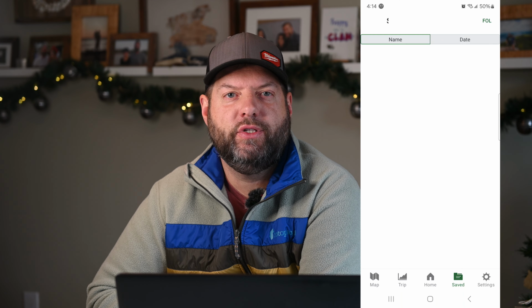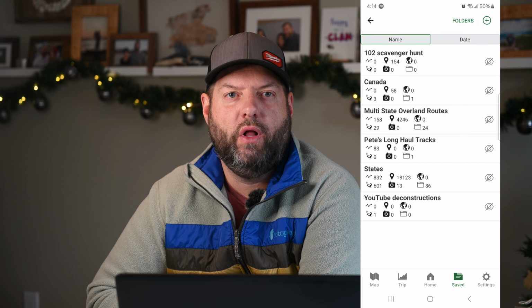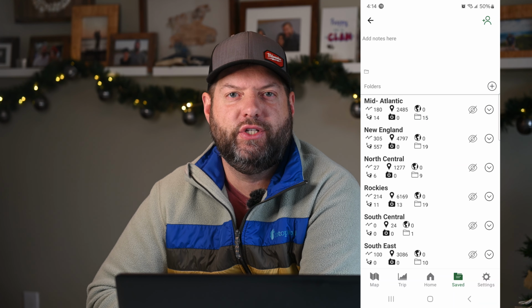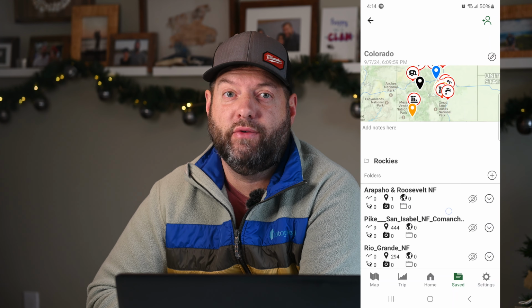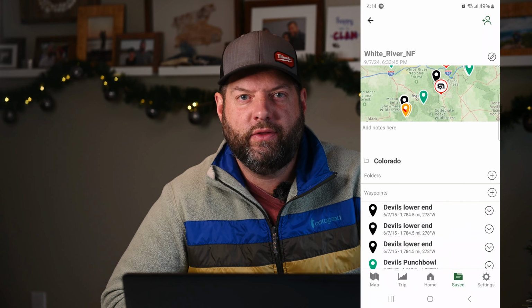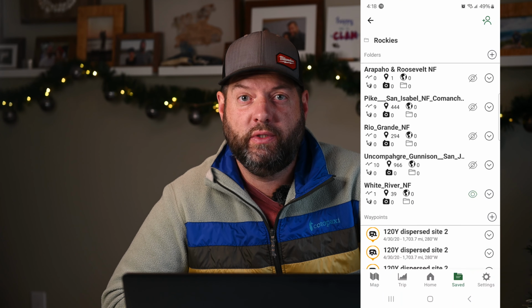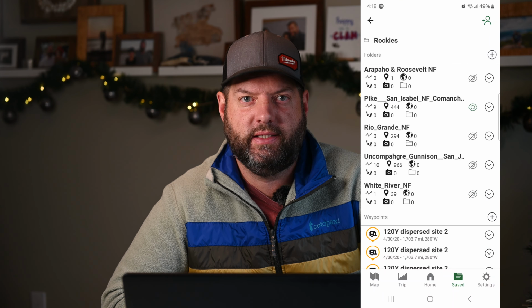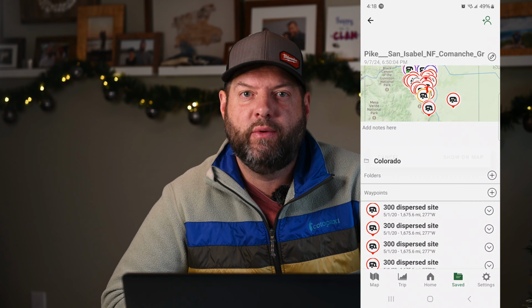I began the time-consuming process of organizing all of my saved data into folders by region, state, and for some places like Colorado, with lots of saved waypoints, even by national forest. When I'm out in the rig using Gaia on a mobile device, leaving all folders switched off and only enabling the ones I'm interested in seeing at a given time, I was able to greatly increase the responsiveness of the